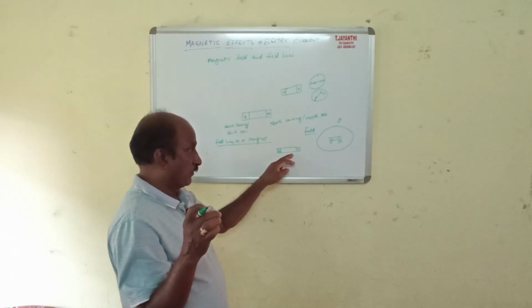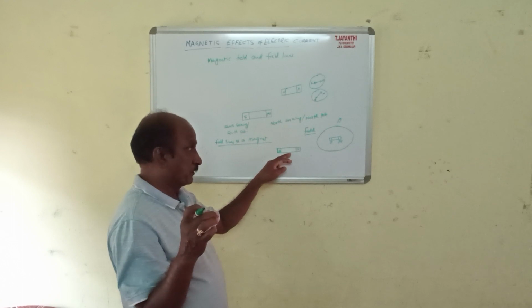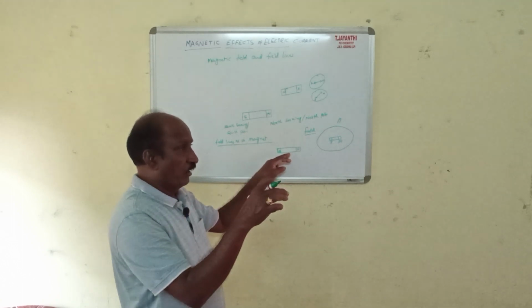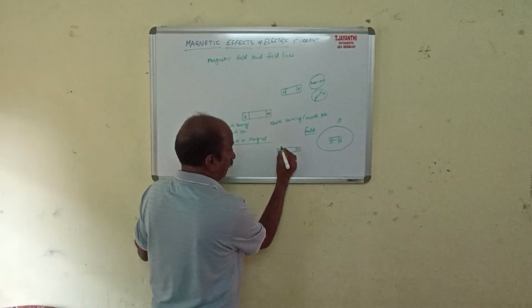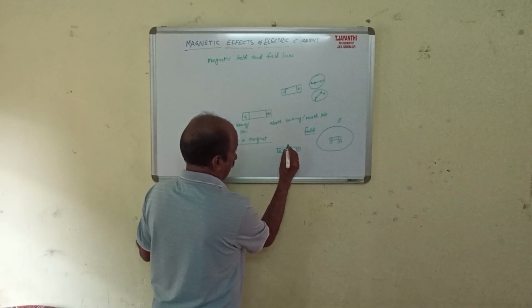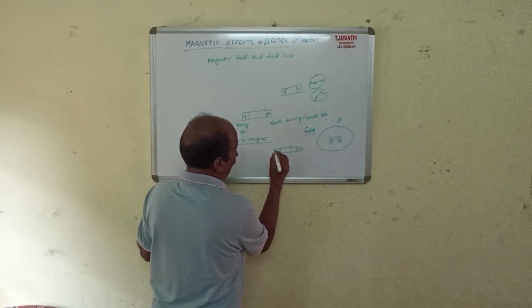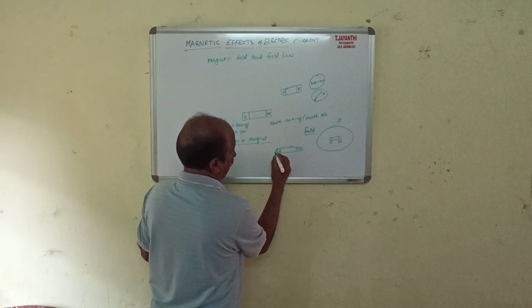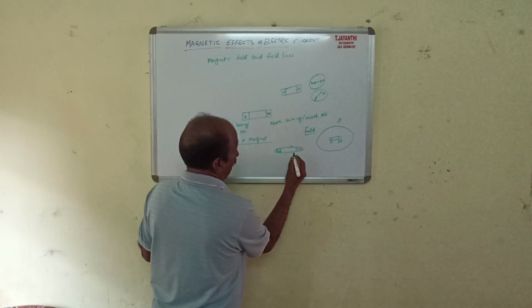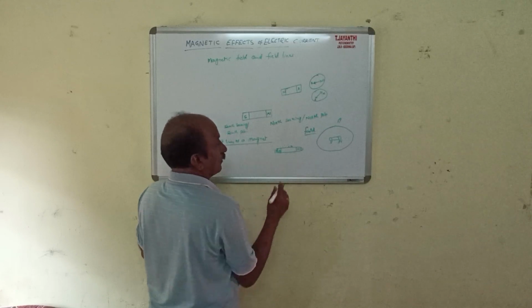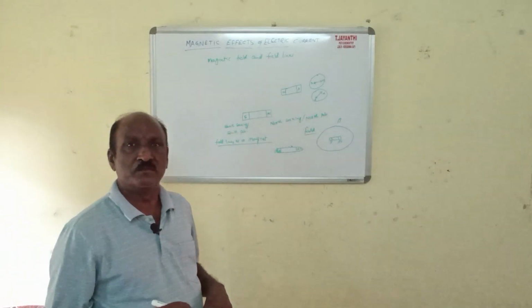But once we keep this magnet in the soil, automatically the iron filings get attracted to this. Especially here at the edges, there are so many,